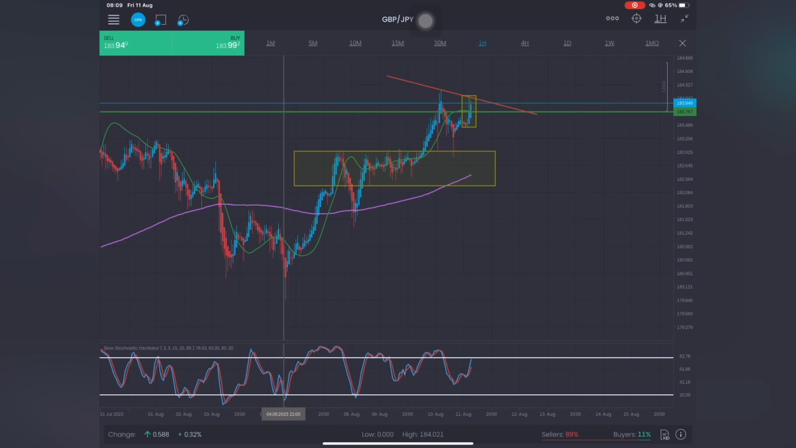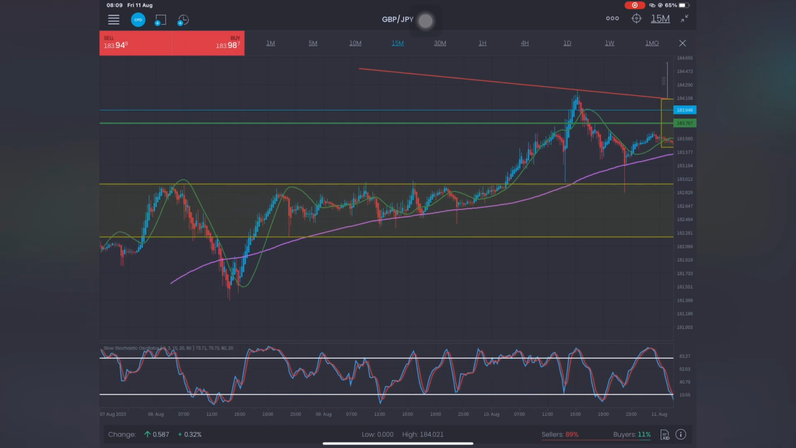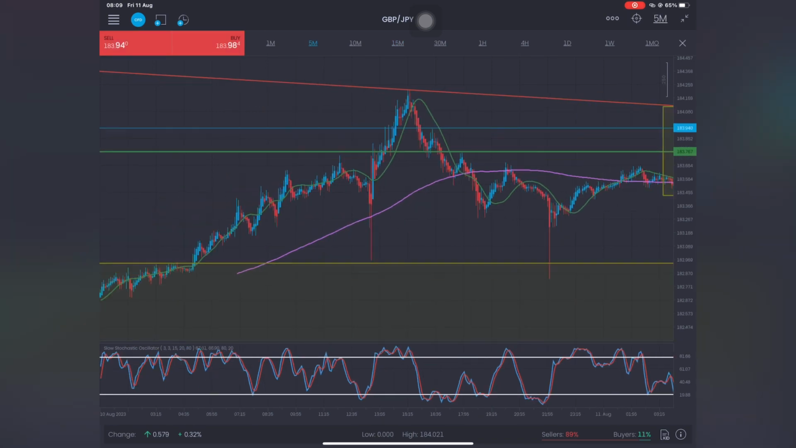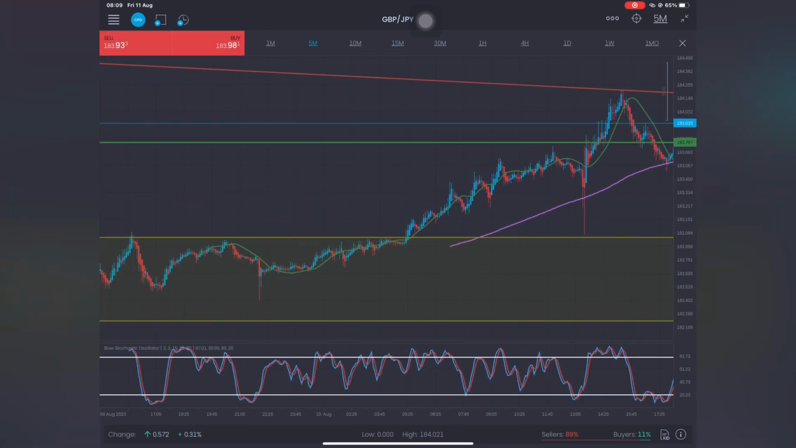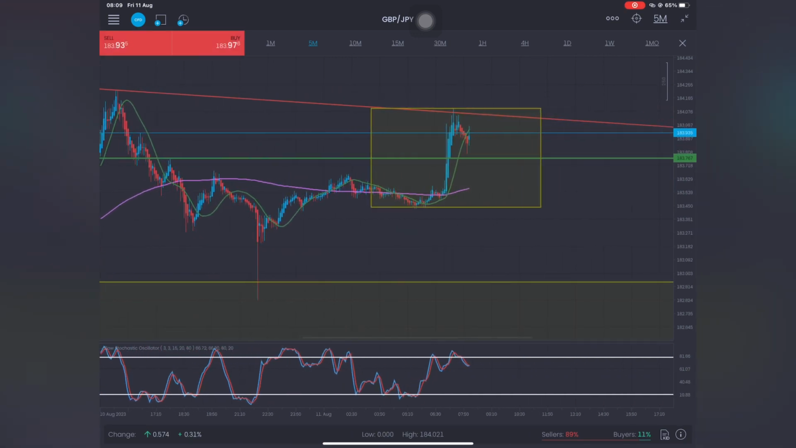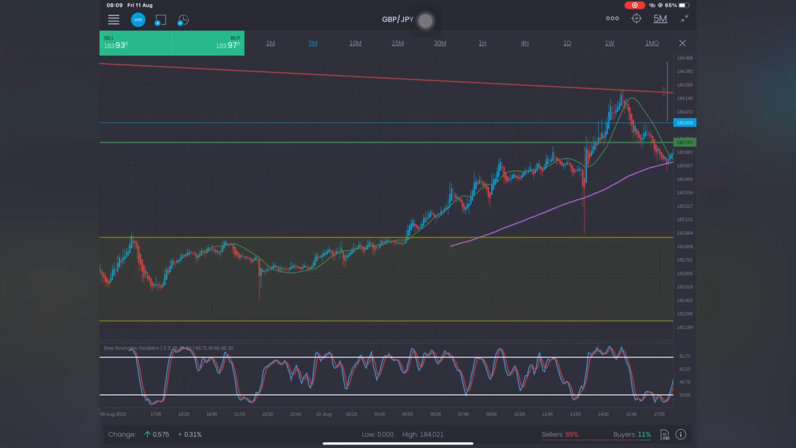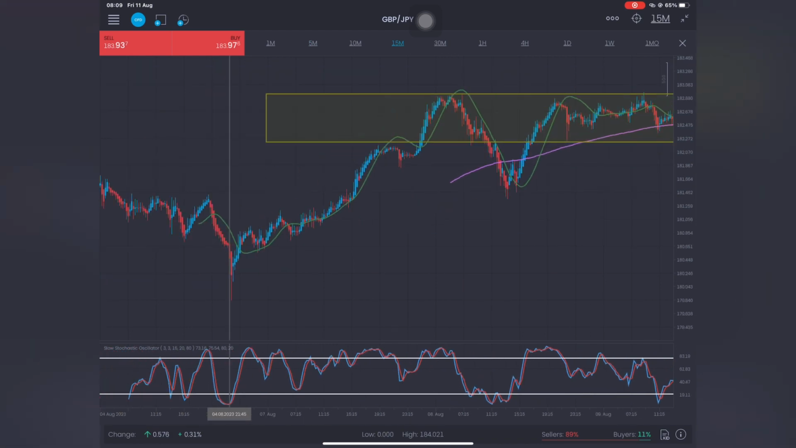So if you see this line I drew, it's a lot of pips. It goes from 180.043 up to 184.149. It's like 400 pips. So 400 pips is millions and millions of money for the people who invest and trade in millions, for big